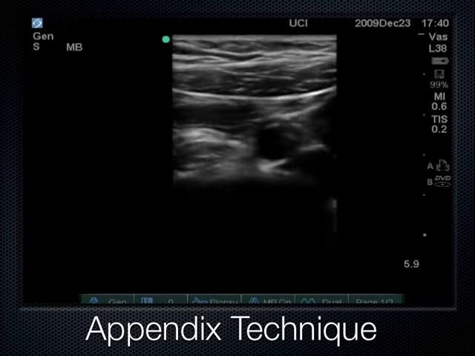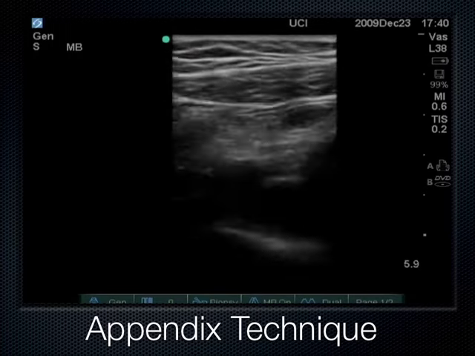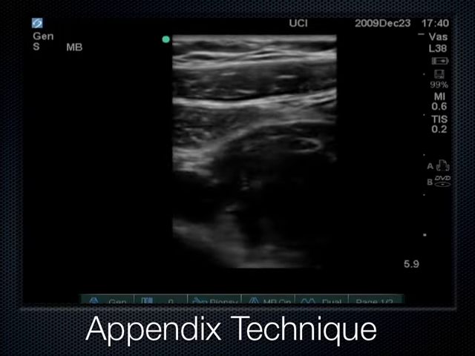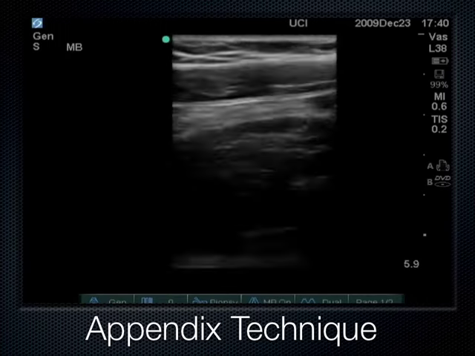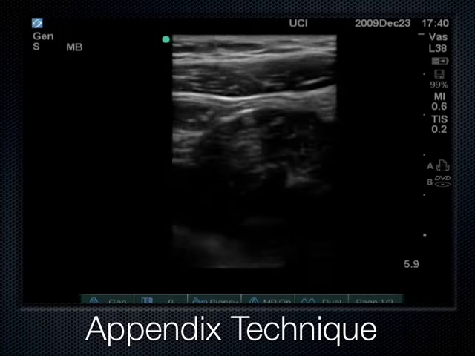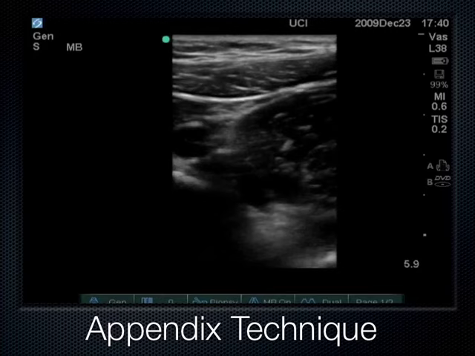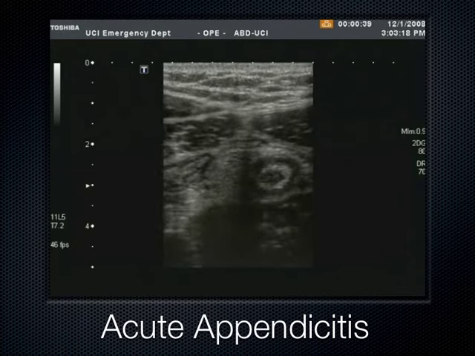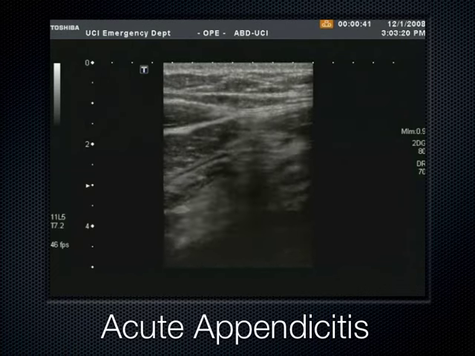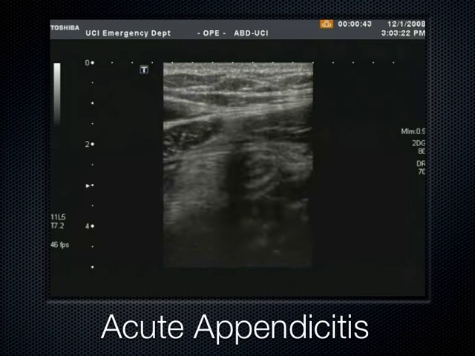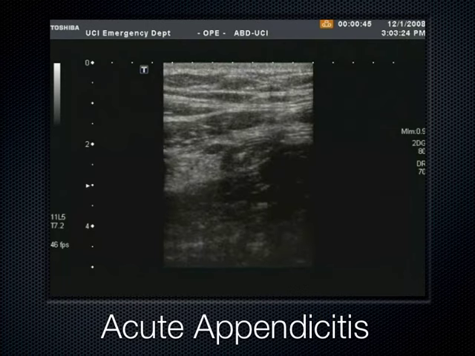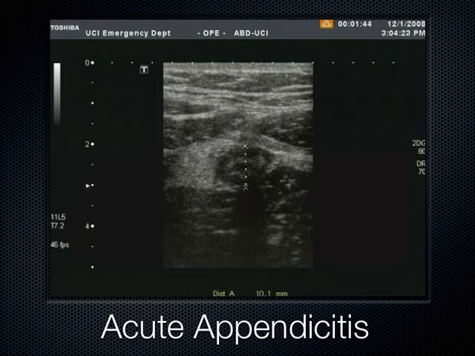And there's loops of bowel that get sandwiched between the psoas, which is a very long muscle. The psoas sandwiches the bowel. Now, if the bowel is normal, it just compresses, squirts out of the way like it is here. But if the bowel is abnormal, if it's acute appendicitis, then you get this round structure here that's more than 6 millimeters, that lacks peristalsis, when you compress